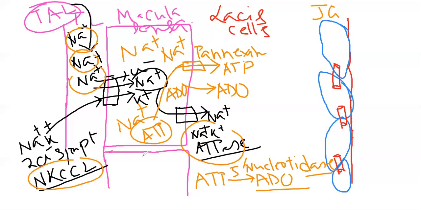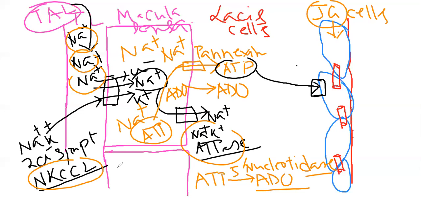JG cells. So these are the JG cells. Now they will work on the JG cell. First, this ATP will work on the purinergic channel. This is known as the purinergic P2X channel. P2X channel is present at the lining of the JG cell, as well as another receptor is present, which is known as the adenosine A1 receptor. So the A1 receptor is for the adenosine, where the adenosine will attach to the adenosine A1 receptor, and ATP will attach to the P2X receptor.